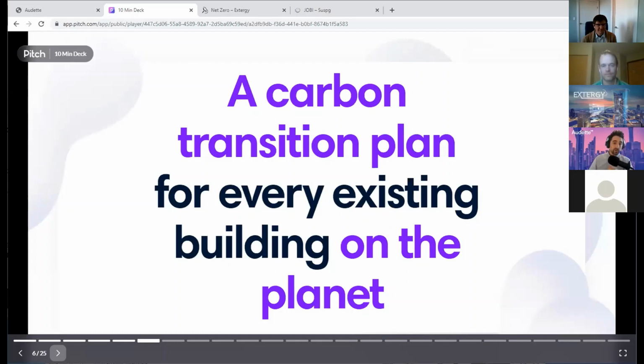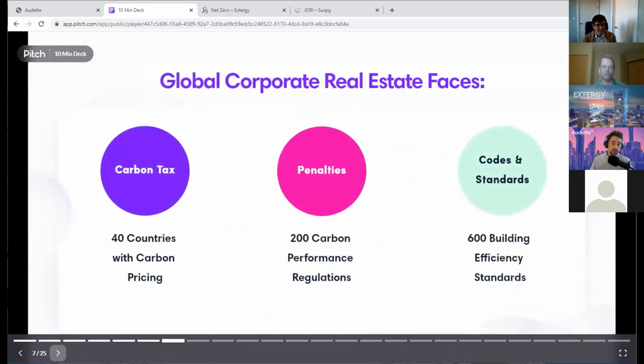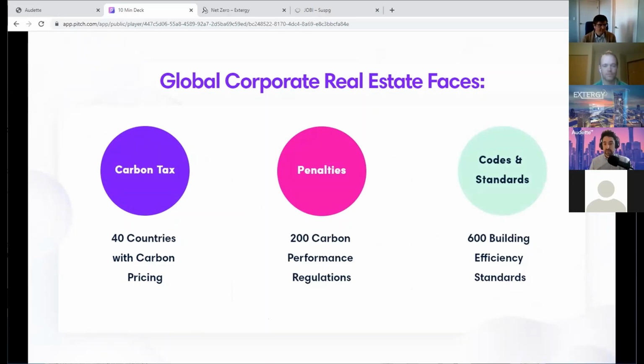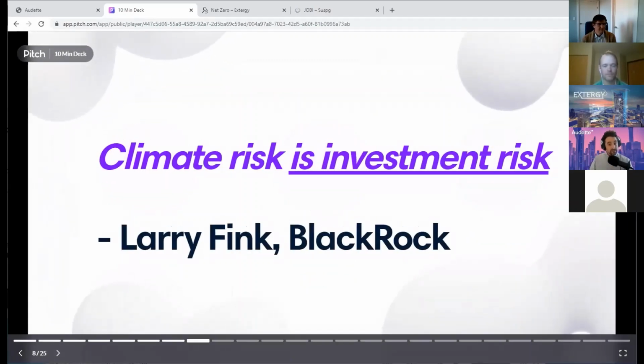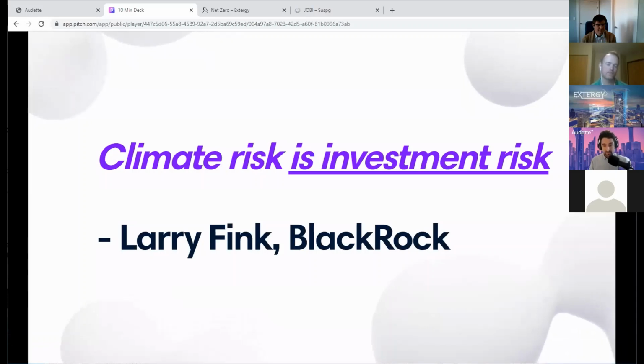And so we started working with large corporate real estate, especially those whose portfolios span geographies. These groups are facing immense financial pressure from carbon tax escalation, emissions penalties, and rising energy costs. They're firmly in the crosshairs of a groundswell of new policies and financial initiatives designed to aggressively decarbonize. All of this is applying unprecedented levels of risk and making their stakeholders very nervous.